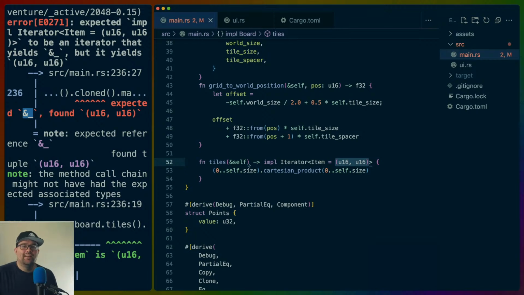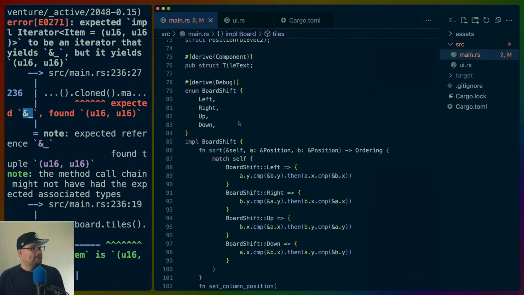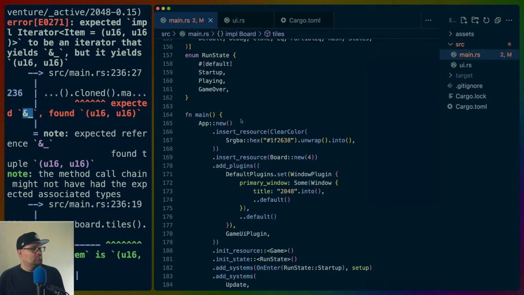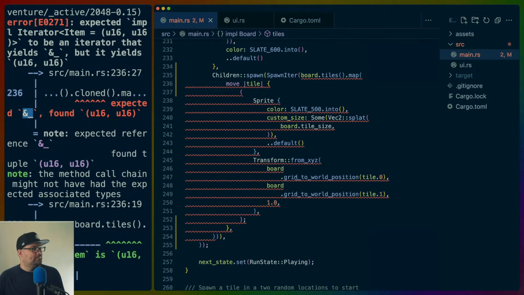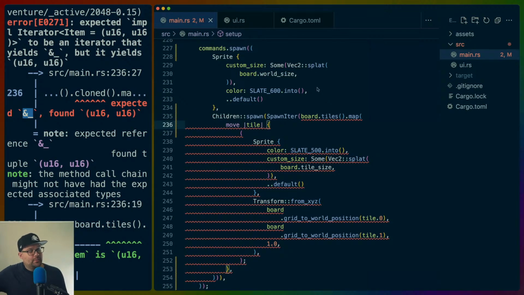So many parens, your brain goes into Lisp mode. Yeah. So the issue here is we're using board inside of this. And this kind of like goes somewhere else, so to speak. Which is interesting, because we technically don't have that issue unless